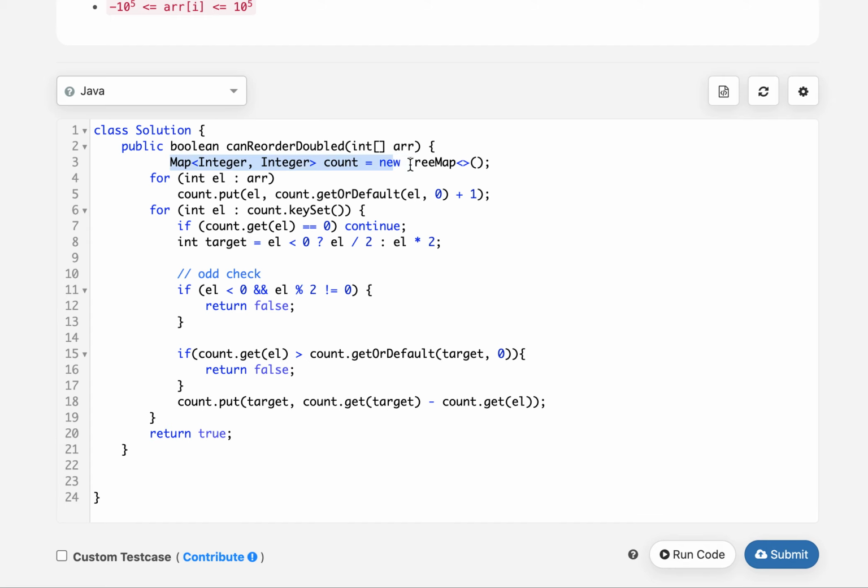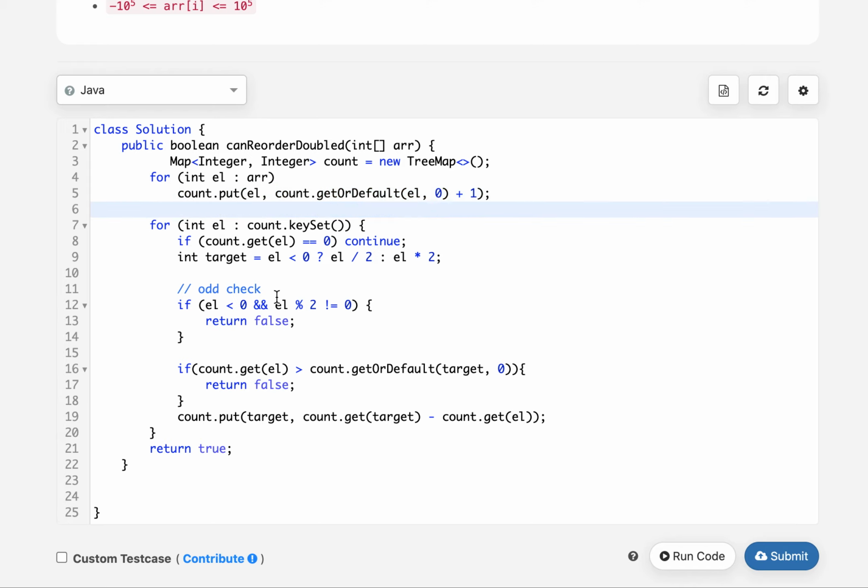The first thing that I have done here is to define a map of integer comma integer, and I have used TreeMap here so that I don't need to explicitly sort the input array. I have named this map as count, and for each element that is there in the input array, I update my map against the key element versus whatever frequency was already present in the map, and I update it to +1.